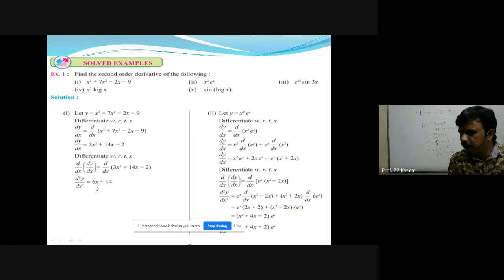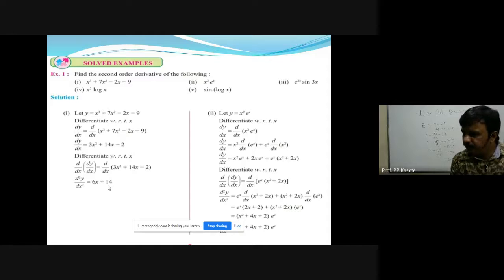now we'll find the derivative of right hand side. So 3x square का derivative कितना? It is 6x. What is the derivative of 14x? It is simply 14, and derivative of minus 2 is 0. Therefore, it is not written over here. It means that our correct and final answer is 6x plus 14. It means that for the given y, we have derived its second derivative as d square y upon dx square is equals to 6x plus 14.